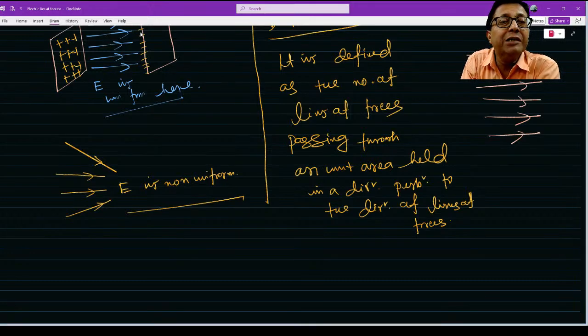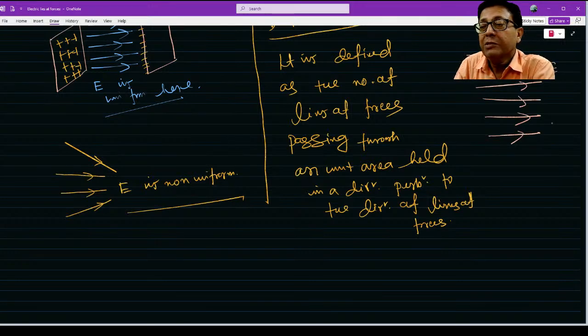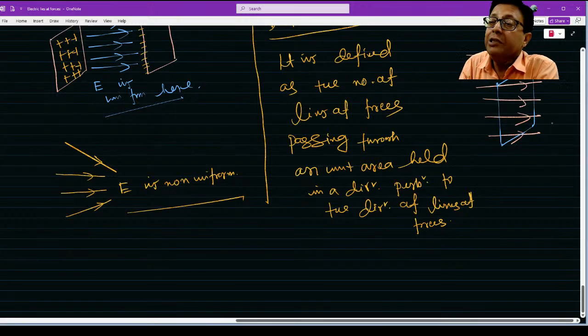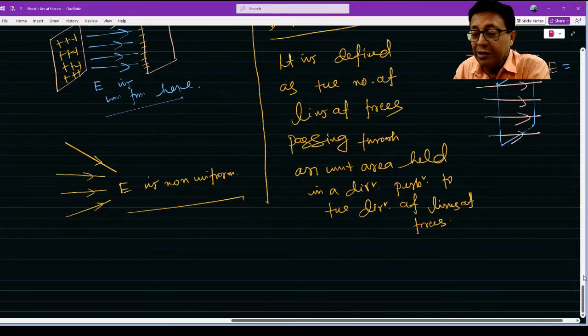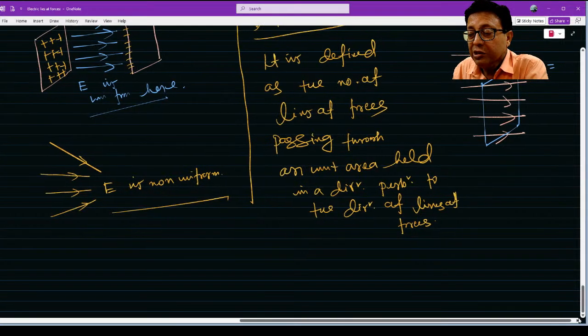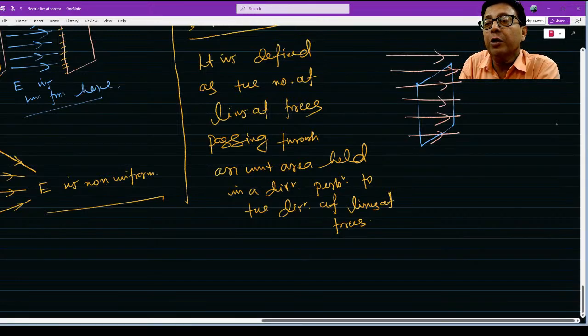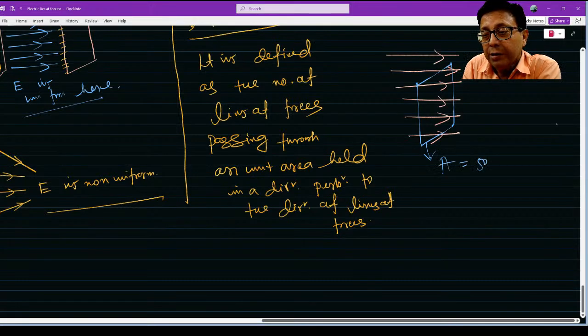I am keeping it this manner. That area I am keeping this way. This uniform electric field magnitude I am telling you. Suppose E equal to 10 Newton per Coulomb. And this area is 50 meters square. Find